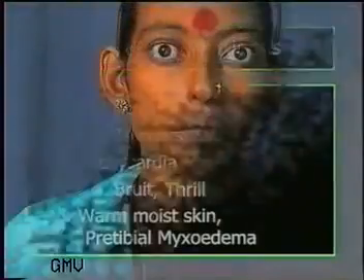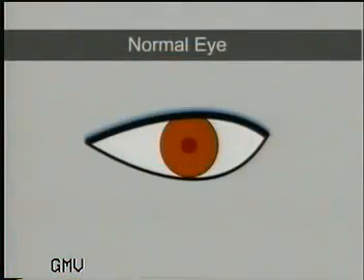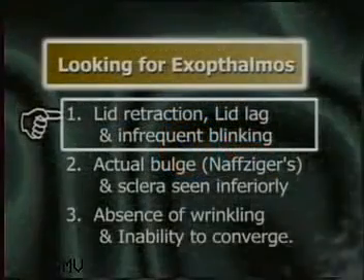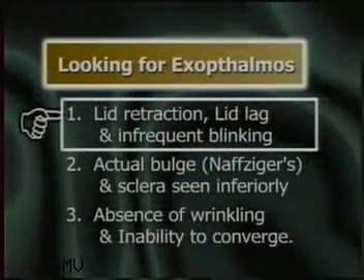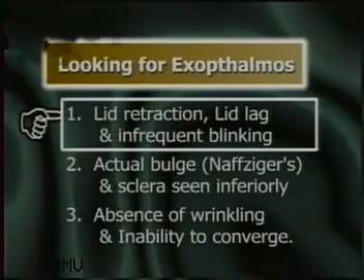Ask the patient, sitting upright on a stool, to look horizontally forwards towards a distant object at eye level. Normally, the lower lid just touches the limbus at 6 o'clock, while the upper lid covers the upper margin of the cornea from 11 to 1 o'clock. Limbus is the corneal margin. The early eye signs of thyrotoxicosis are lid retraction, lid lag, and infrequent blinking.